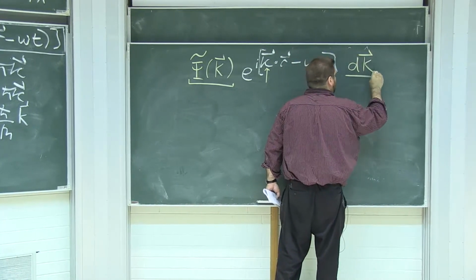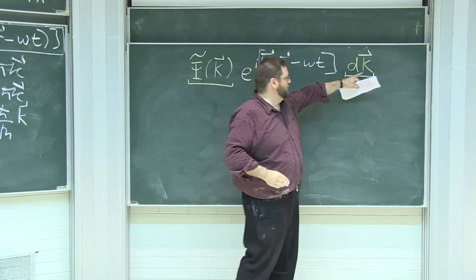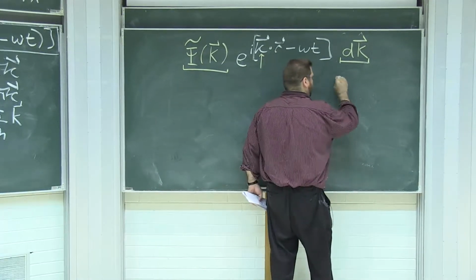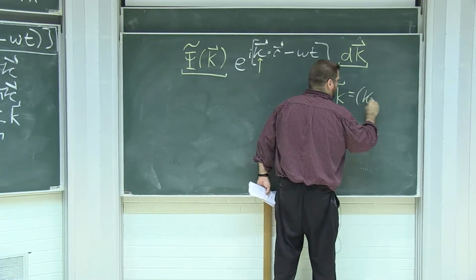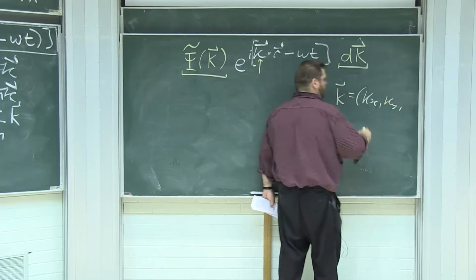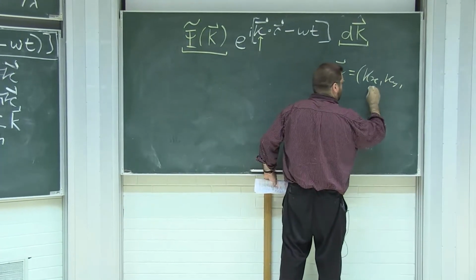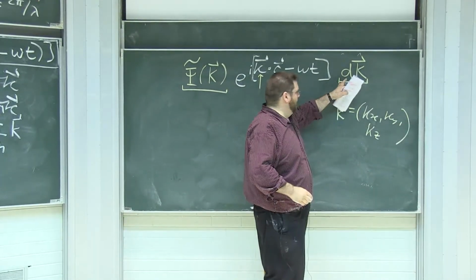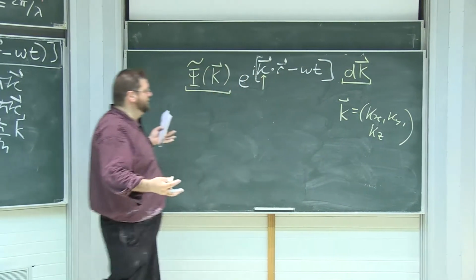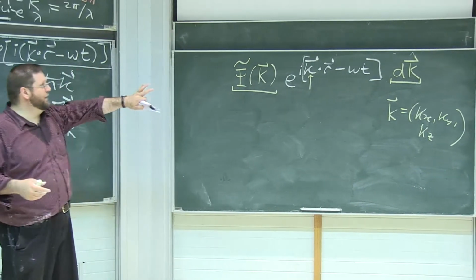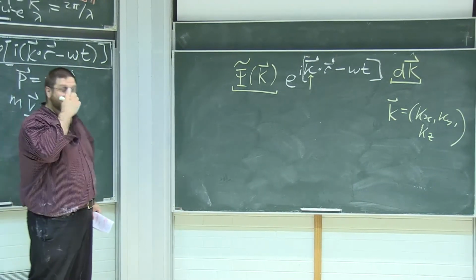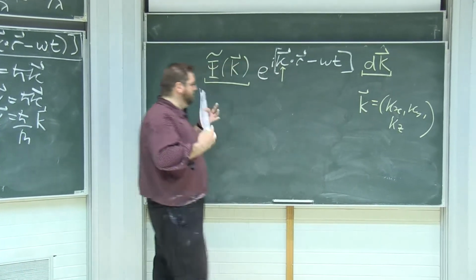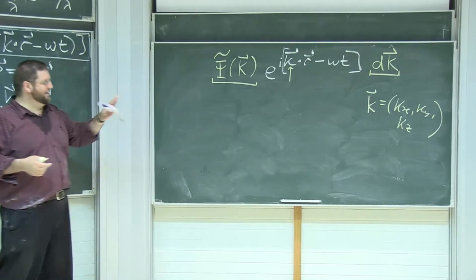So dk, this is terrible notation, this is not a vector, this is dkx, dky, dkz. We write our wave vector in Cartesian coordinates. It will have Cartesian coordinates k subscript x, k subscript y, and k subscript z. So this is a little volume element, this is a scalar. I could write it as dkx, dky, dkz, but for compactness I write it as dk vector, even though it's a scalar. So this product of these two underlined functions is the weighting coefficient,